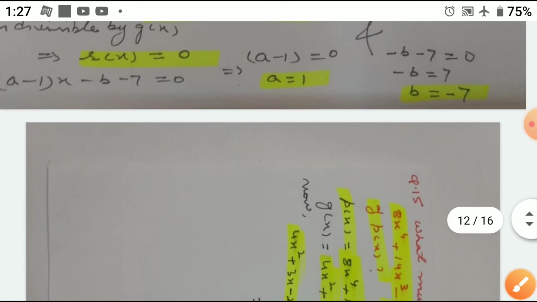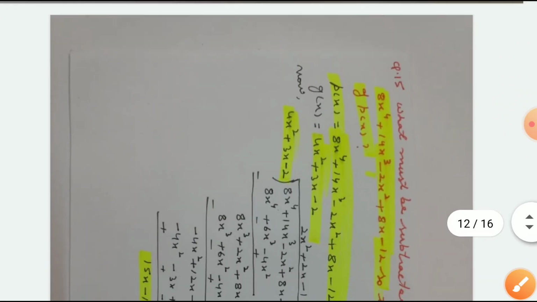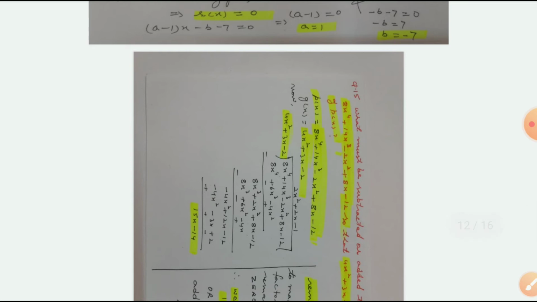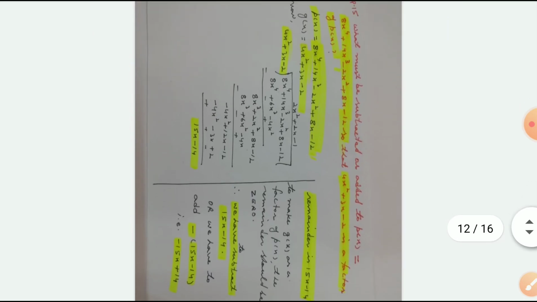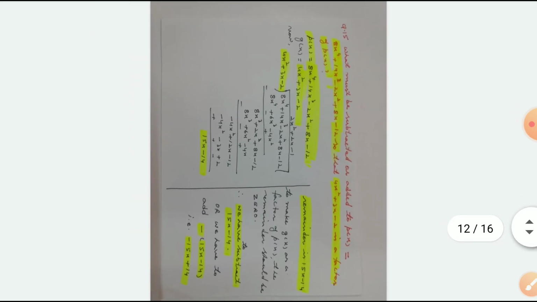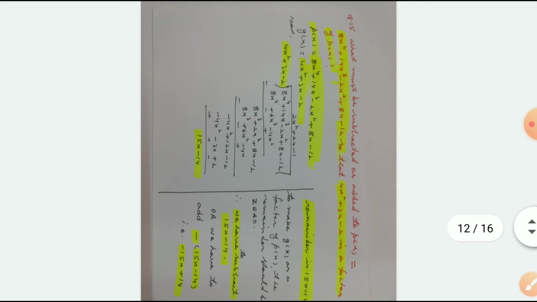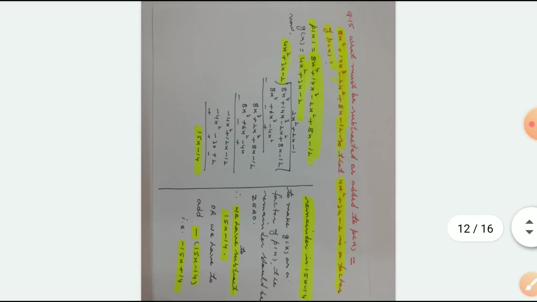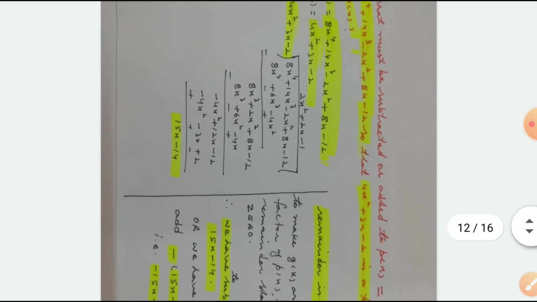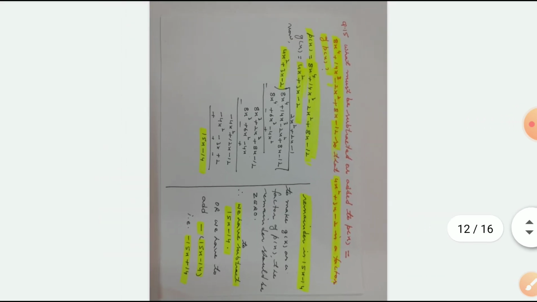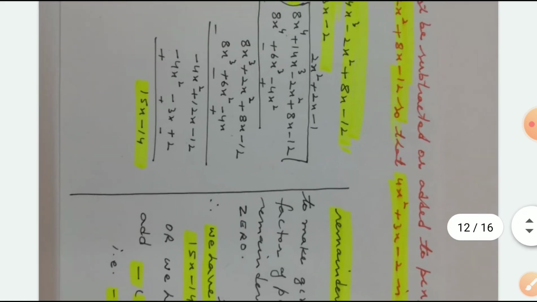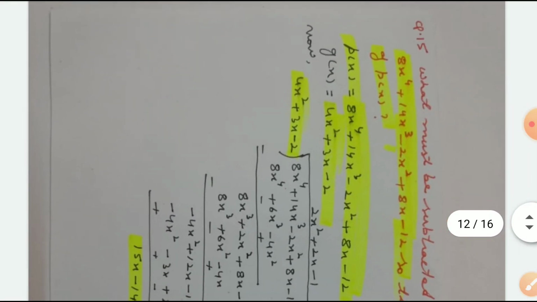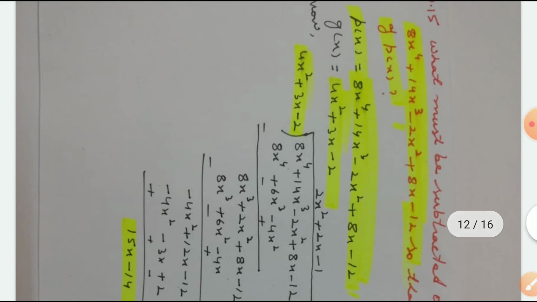Now come to the next question, that is question number 15. The question number 15 is a little bit messy. Yes, so the question is, what must be subtracted or added to p(x), and p(x) is given, so that 4x square is a factor of this. Now when we have this polynomial, this is the polynomial,